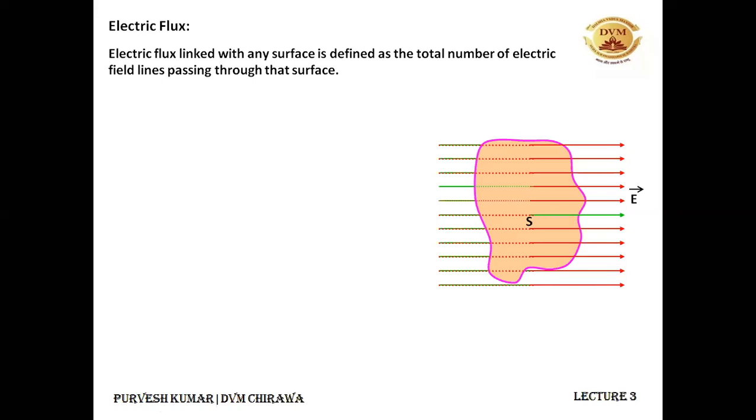I must have some formula, and that formula can be used if I know the surface area vector. So if I take a very small surface area, the surface area vector will be perpendicular to it. It will be like this. It is always perpendicular to the surface. The surface area vector will always be perpendicular to it, like this, perpendicular to this surface.